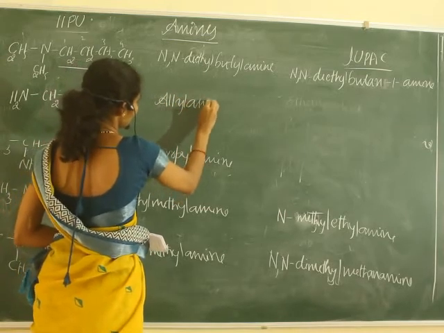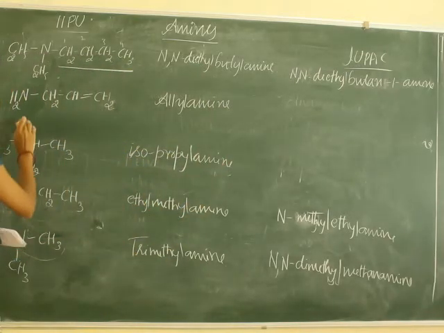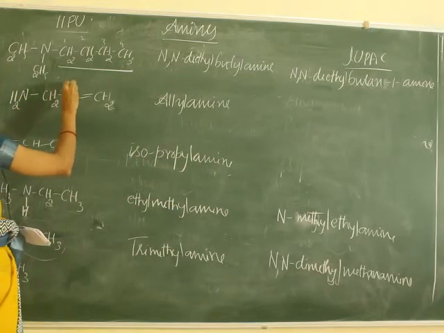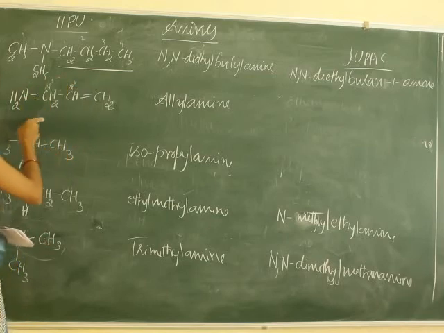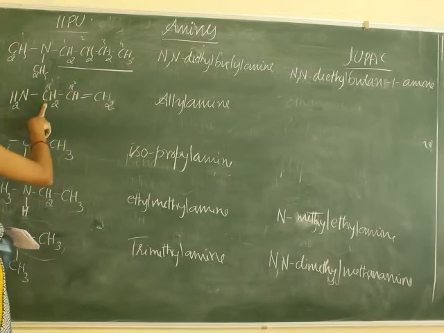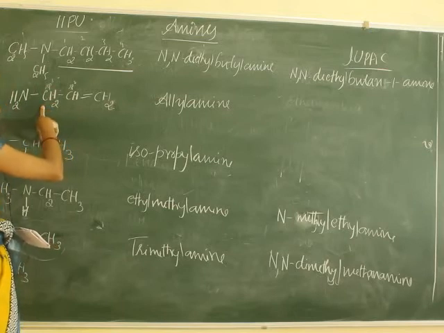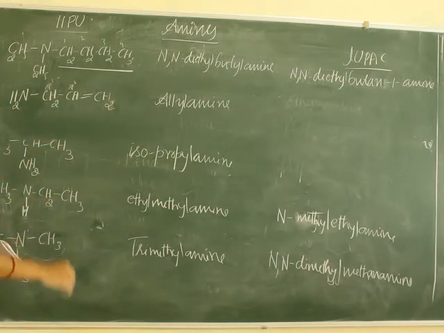The common name of this compound is allyl amine. Allyl group is present here. It is an sp2 hybridized carbon, and next this is an sp3 hybridized carbon. The functional group is attached to the sp3 hybridized carbon atom, which is present next to the sp2 hybridized carbon. Clear? It is present next to the carbon-carbon double bond, allyl group. Hence, the name of this compound is allyl amine, and the IUPAC name of this compound is